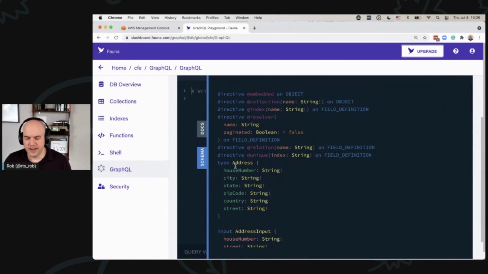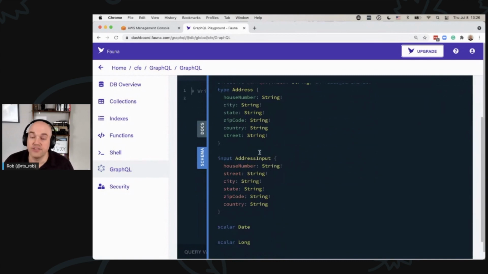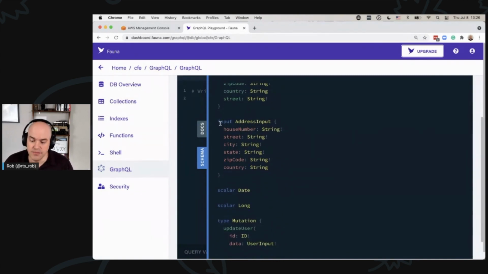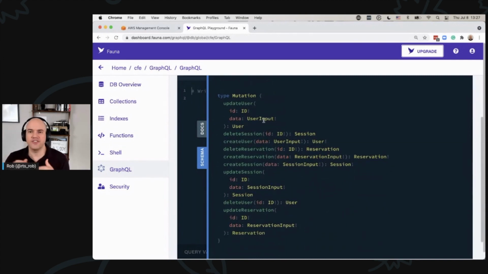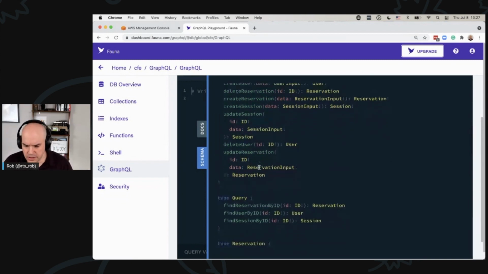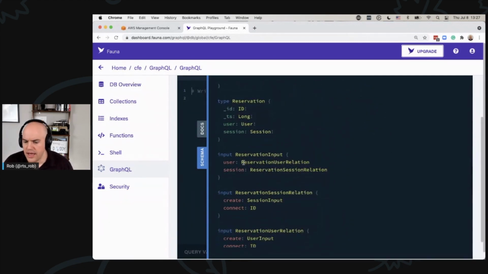You see that it's taken our definition and it's given us an address. And this is an embedded type. It's given us an address input, which is a generated input for mutations. It's created a list of mutations for us, and all of these are defined automatically for us. So we can, and in fact will here in a second, call these mutations against our database just by uploading the schema. It's also created the relationships, some queries for our access patterns, and these relations between the many-to-many, or